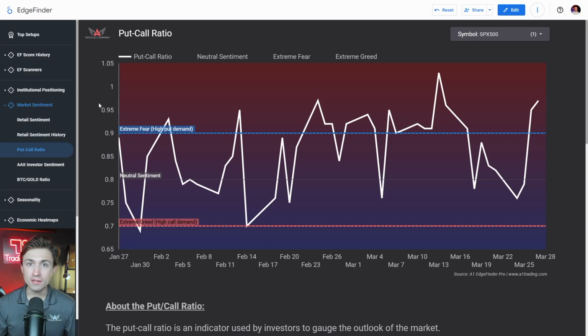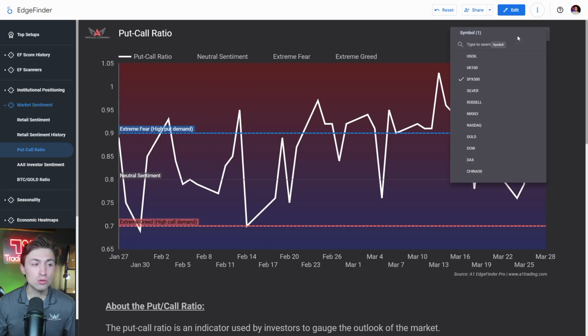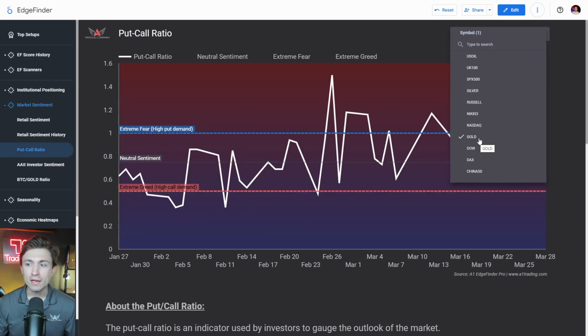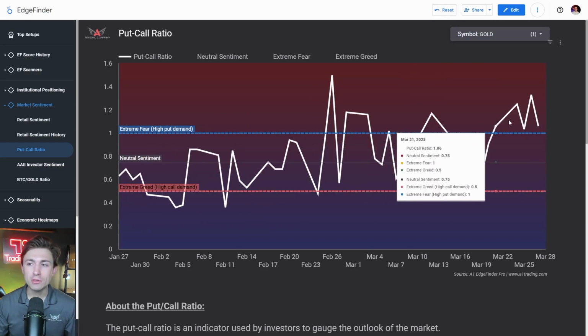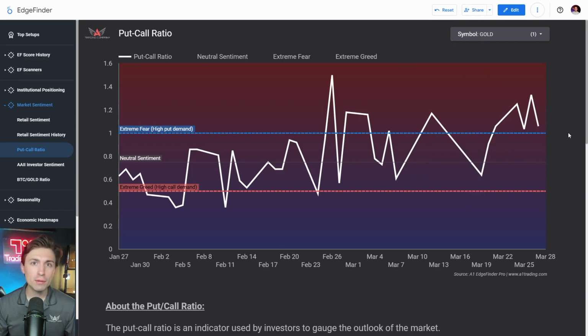Now, a powerful recent update that our team has done within the put to call ratio is we've added a huge list of things. For example, you can now select gold and you can see the options volume for gold. This is incredibly powerful stuff, and I don't see very many other teams putting together these types of tools. So we've gone ahead and made sure that our tool stands out amongst the rest to offer the best stuff